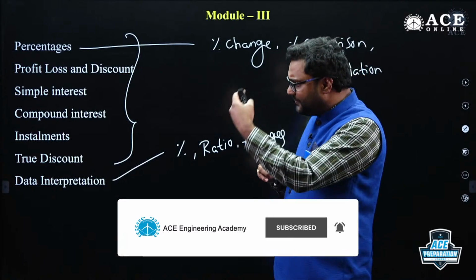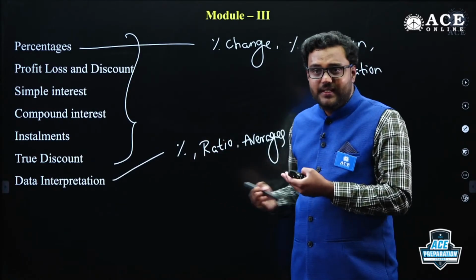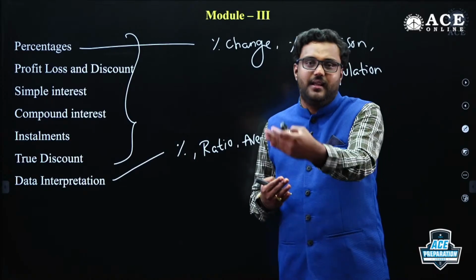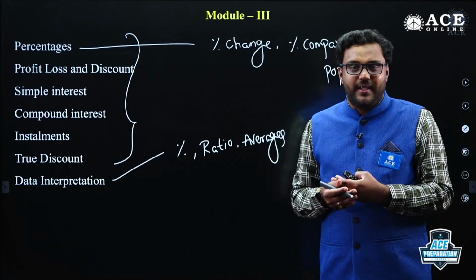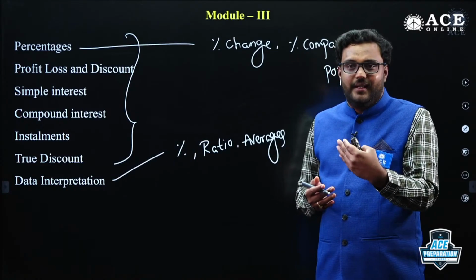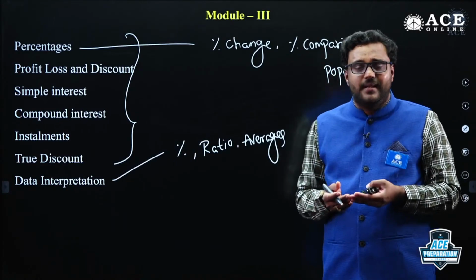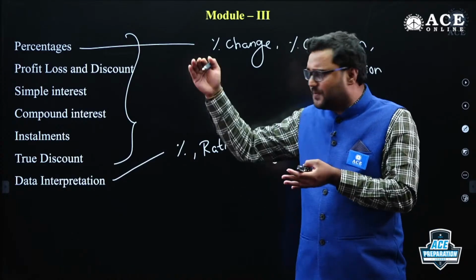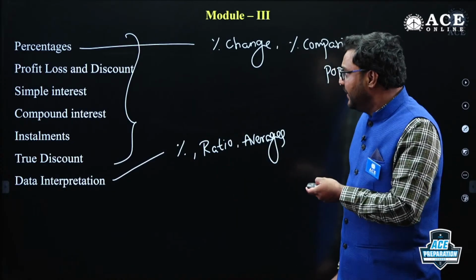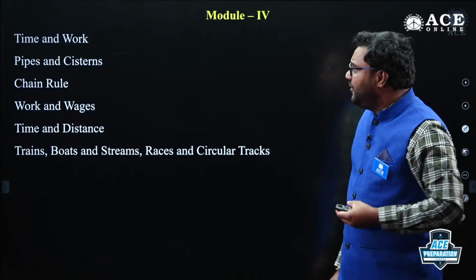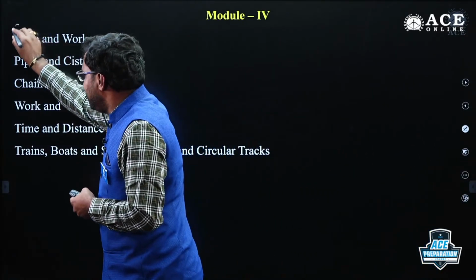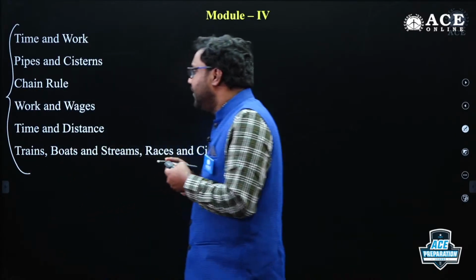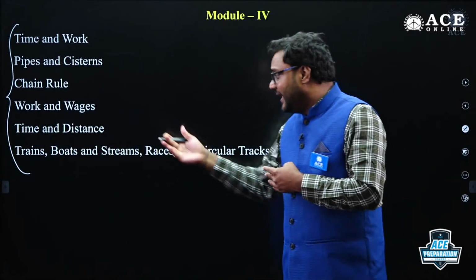In that proper plan, we gave all this chart, and in coming series also, we plan the topics in that same way. First we start with the basics, the tricks related to speed maths, then followed by number systems, all in this proper order, you can see one by one, right? Now, module 4, my dear friends, time and work, types and systems, chain rule, work and wages, time and distance